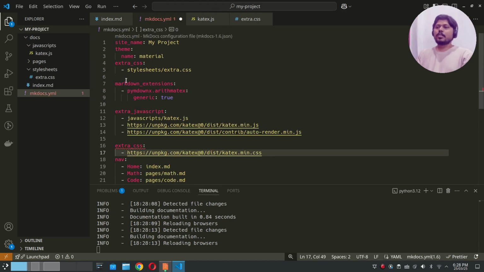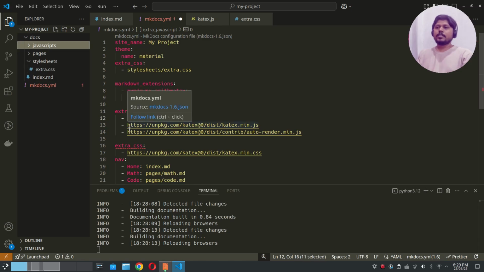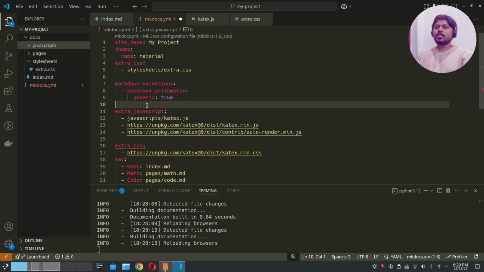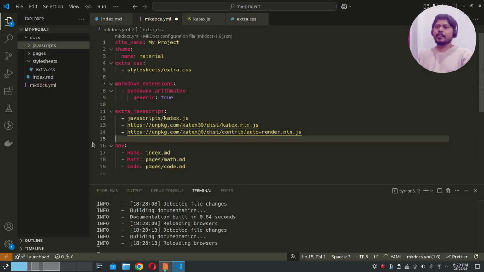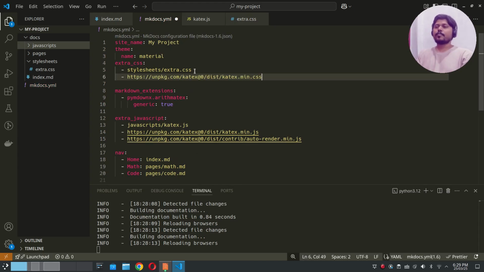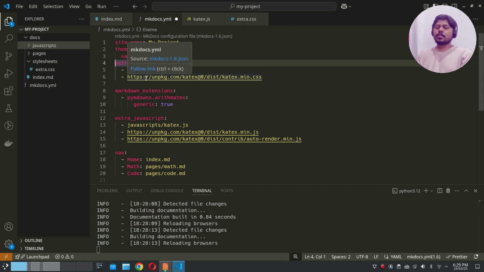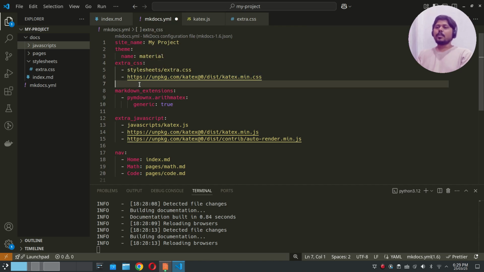Okay, so the Markdown extension we have added, the extra JavaScript, so we have the JavaScripts and katex.js in place here, and the extra CSS we already have this key as we have implemented our own CSS, but we also have to include the KaTeX CSS. So copy this one and add it here. Okay, so now we have two CSS, our own CSS for changing the UI element, and the KaTeX CSS for the math formula support. Save this file,